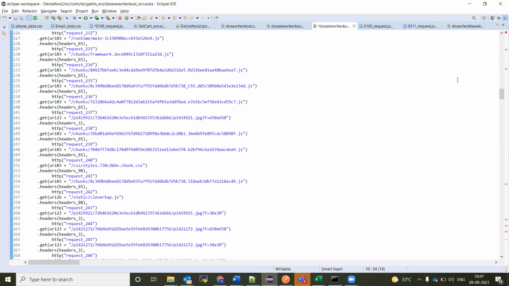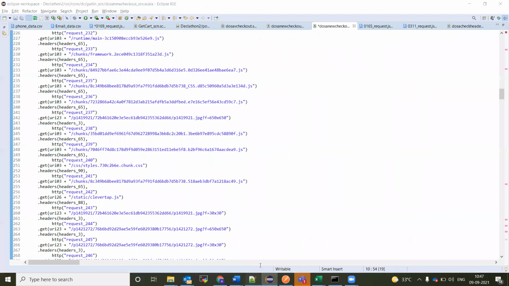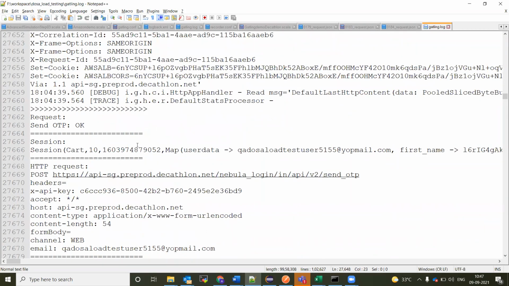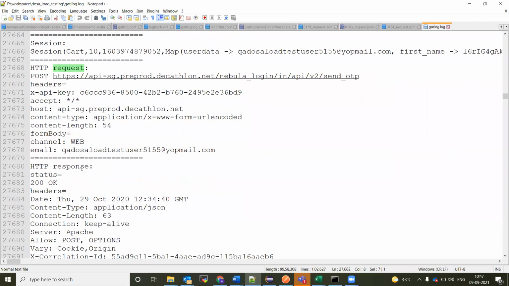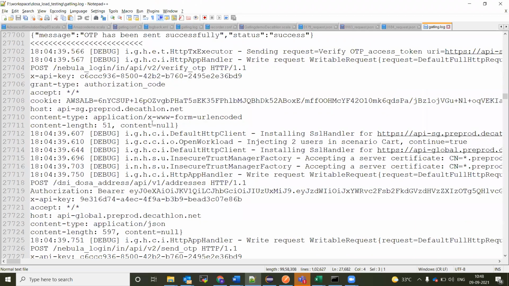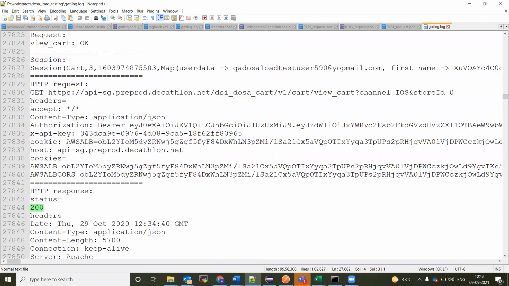Okay. Mostly you will be getting errors in the response only. So you have to check what is the request you are posting and what is the response you are getting from Gatling. So this will give you a lot of idea how you are executing and what you are checking. So you have to check the request and response. If you are getting 200, that should be fine. And if you are not getting 200, you have to check why you are not getting 200, and you have to check for the respective status.